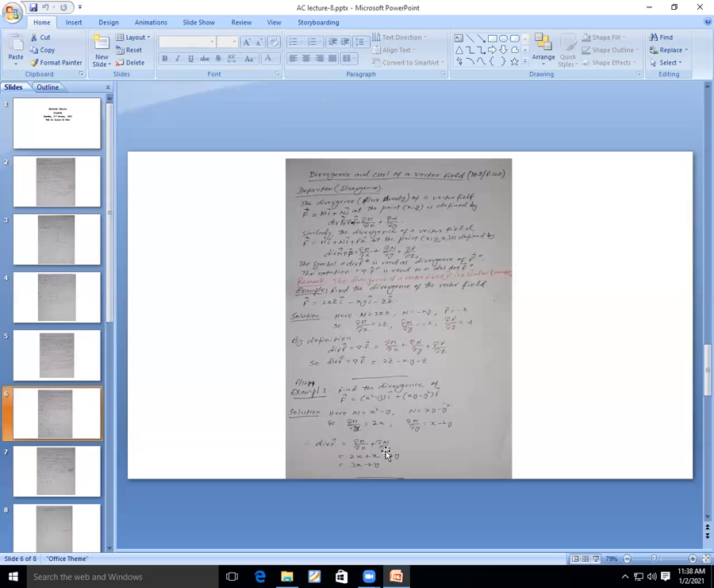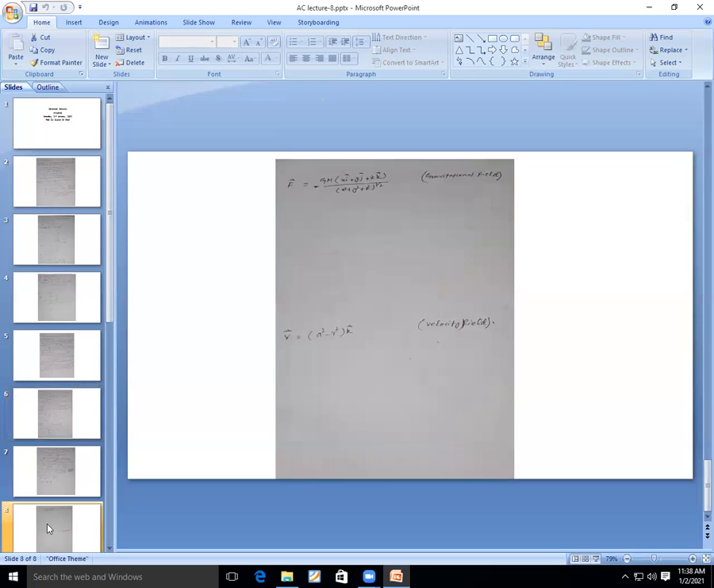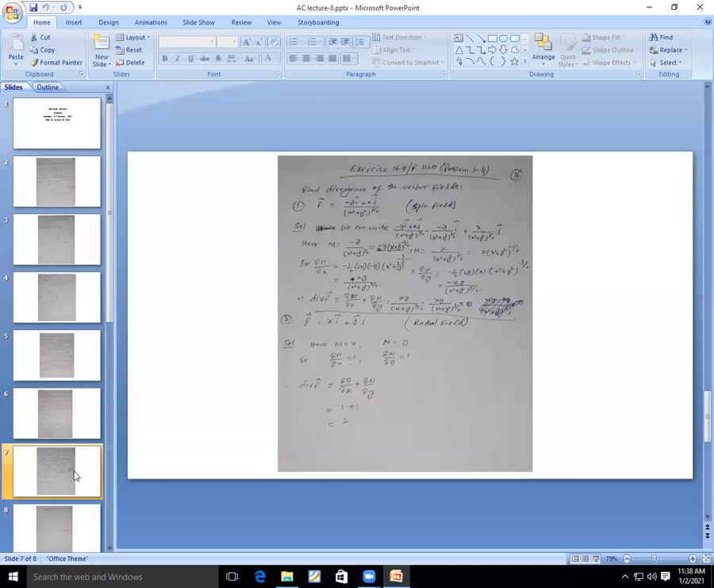Right, this was a bit about divergence of a vector field. Here is one simple exercise. You are given a vector field and you have to find its divergence. For example, in the first exercise,